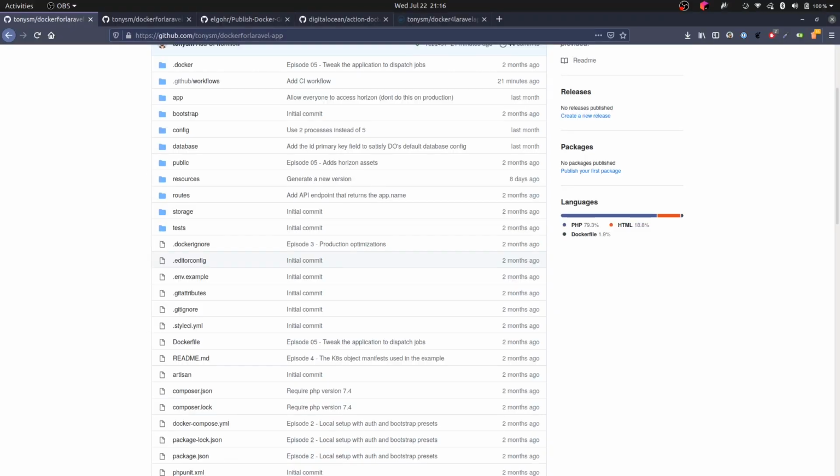So this video has 3 acts. On the first one, we are going to be automating the building and releasing of the Docker image to Docker Hub. In the second one, we are going to automate the infrastructure repository to automatically apply changes to our cluster. And in the third act, we are going to glue both of them,